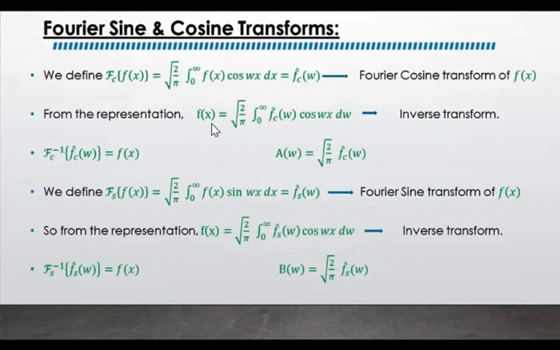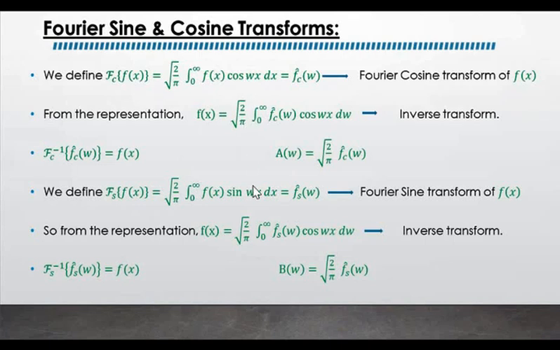Okay, so this is how you get f of x back from Fc cap omega. Or you can say that the Fourier cosine inverse of Fc cap omega is f of x, and the inverse is obtained from this formula. So this is what we mean by the Fc cap inverse of Fc cap omega. And as I said earlier, A omega is nothing but root of 2 by pi multiplied with the Fc cap omega. So there is a simple difference between the Fourier cosine transform and A omega, just the difference of a fraction.